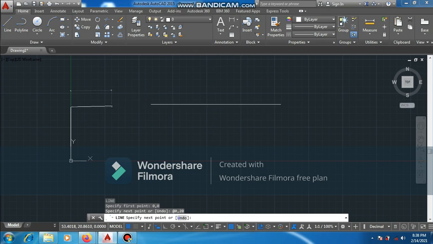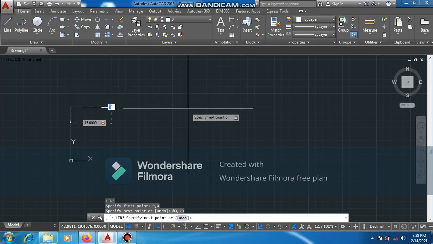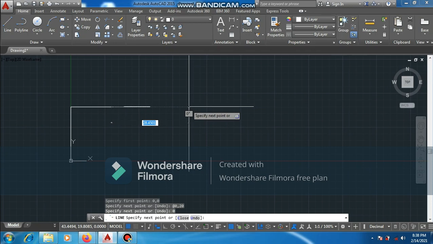Simply press tab, and then what particular degrees of an angle. If you want to have a straight line, you can easily type 0, then enter,